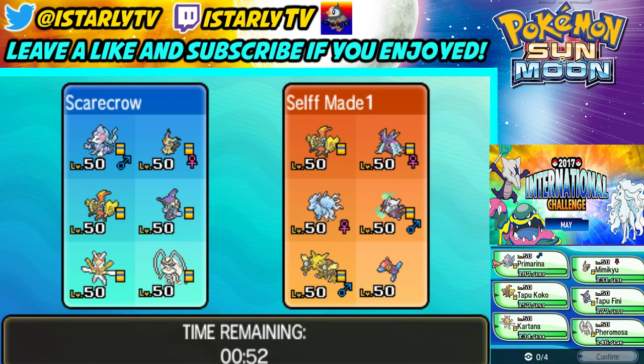And for that reason, I do think that Pheromosa is decent again. Oh man, but yeah, Marowak's just so good because it can take on Pheromosa and Koko. I think I want to bring... Yeah, Mimikyu actually looks pretty solid here. So I'm actually going to lead with Mimikyu as well as...